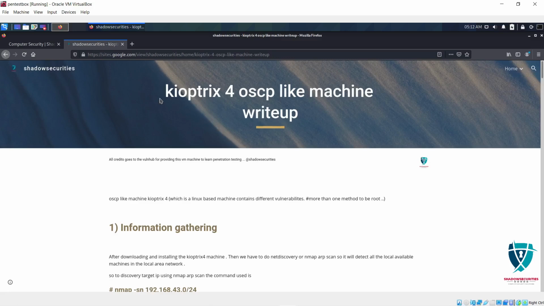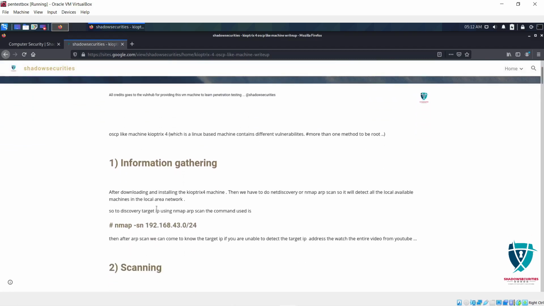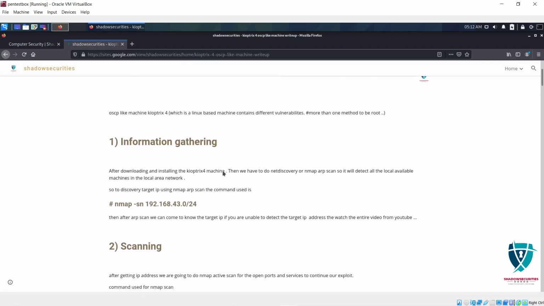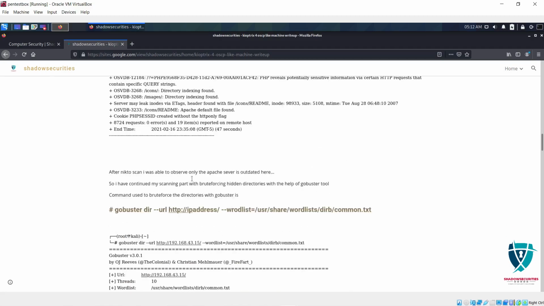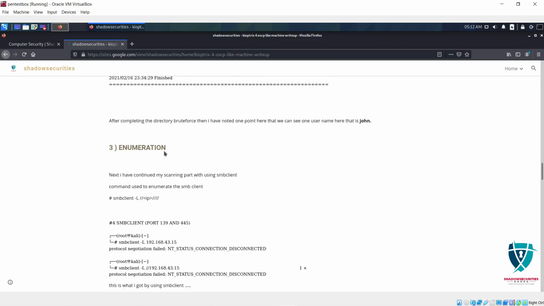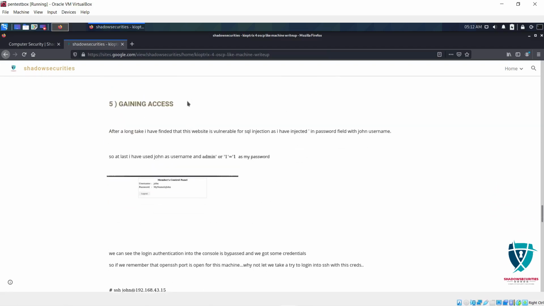You just need to go here and select the machine you want to study the write-up for. After clicking on the Kioptrix 4 OSCP-like write-up, as you can see, the entire write-up for solving this Kioptrix machine covers information gathering and the scanning phase. After scanning, to exploit this machine we have to do enumeration, and then after enumeration, how to gain access. So the fifth step will be gaining access.